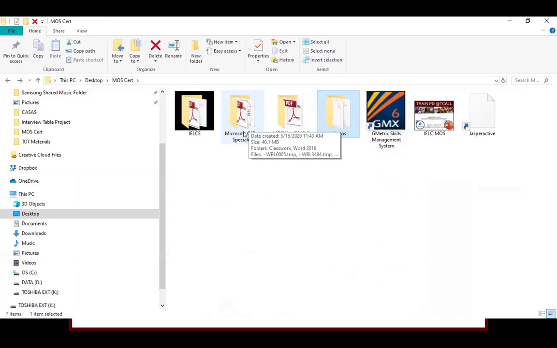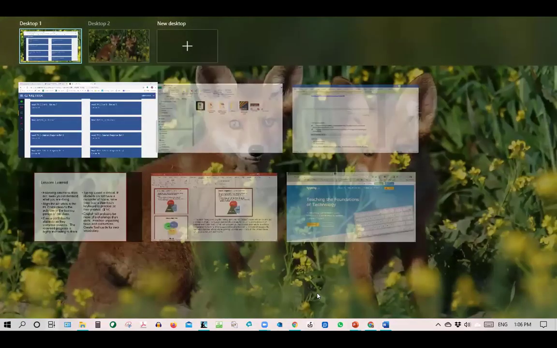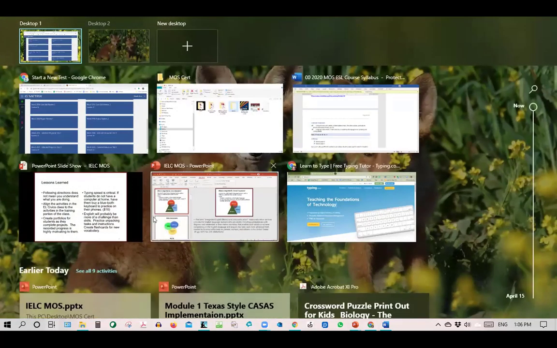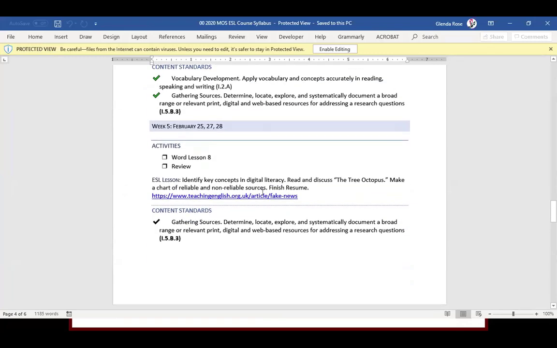I had a couple of months to put it together. Somebody's asking, how long did it take you to put this program together? But I wasn't putting it together completely from scratch. Remember that we already had a program for English language speakers. So my main goal was to put it into an intermediate ESL format. Are you willing to share the syllabus? Yes, that's fine.